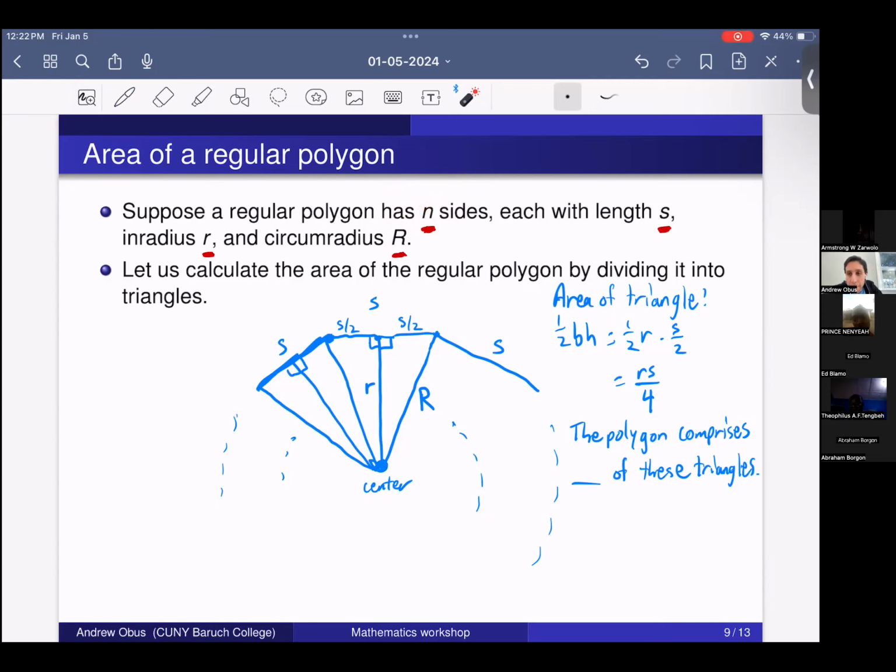Yeah. So since we have one of the sides divided into two triangles, right? Yep. So if we want to calculate the total number of sides, the number of sides is n. I think it'll be n. Right, so the number of sides is n. Not n divided by 2, right? And we have 2 triangles for each side, right? So we've got n sides and 2 triangles for each side. So the total number of triangles is